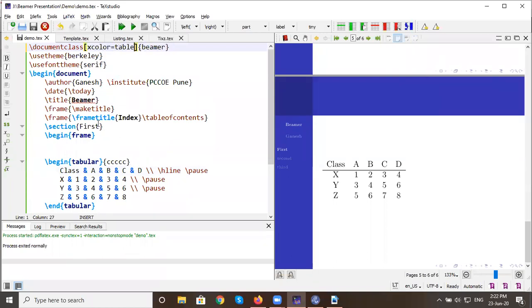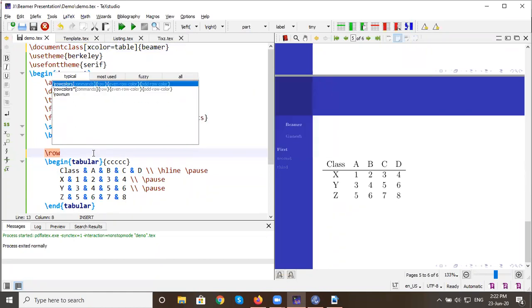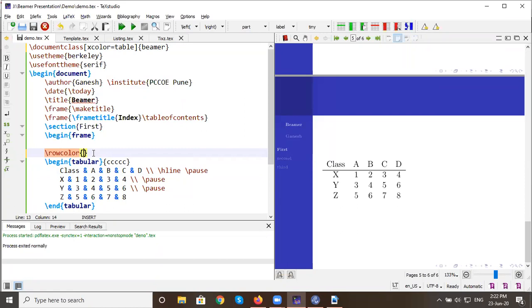Before the table we add \rowcolors{1} and then in the next curly bracket I want, suppose, blue color with 20%, and next I want again blue color with 10%.